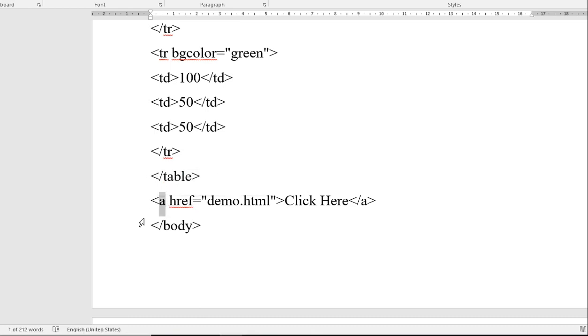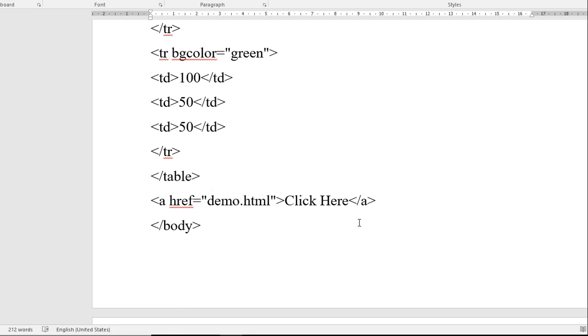A stands for anchor tag, whereas href is the attribute used with the anchor tag. Href stands for hypertext reference, and here we have linked the second file name, that is demo.html, and Click here is the option.